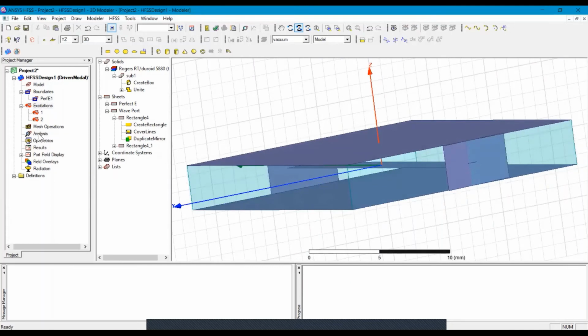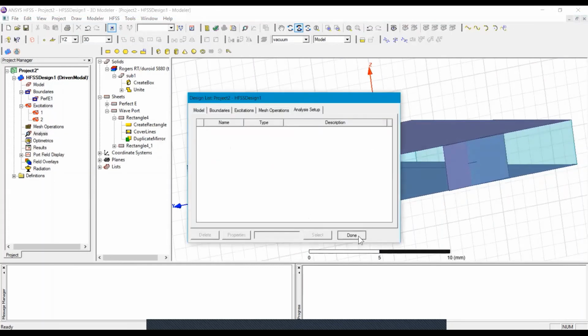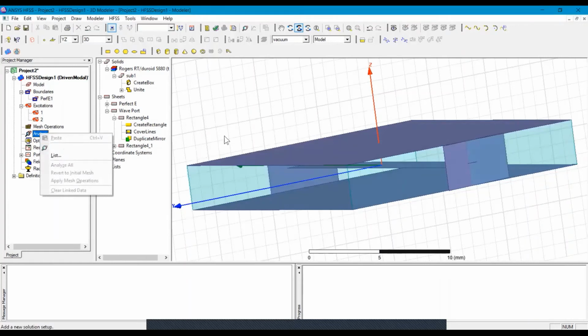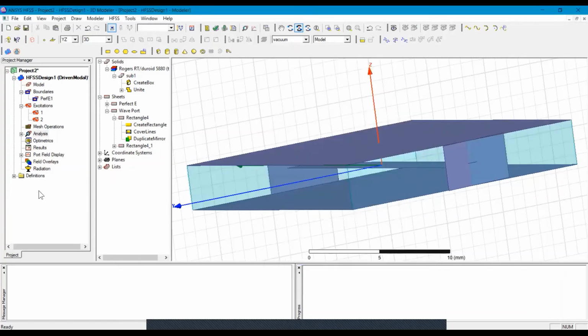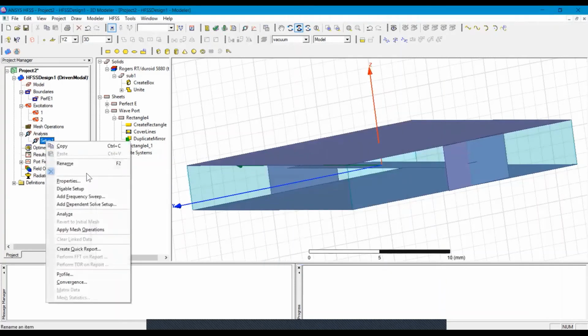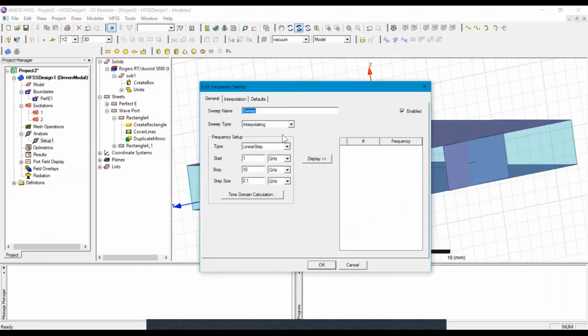Now we have to add the analysis. So we will add solution setup. We have 10 gigahertz as the solution frequency, and the minimum number of passes is 11. And then we will add the frequency sweep. Here I am selecting fast, and I am simulating this from 5 gigahertz to 25 gigahertz, and I am saving radiation fields.